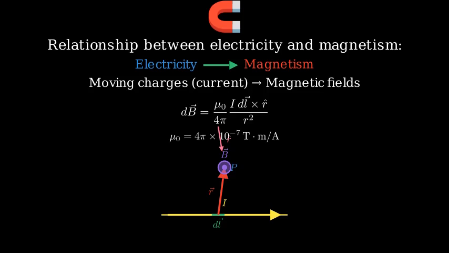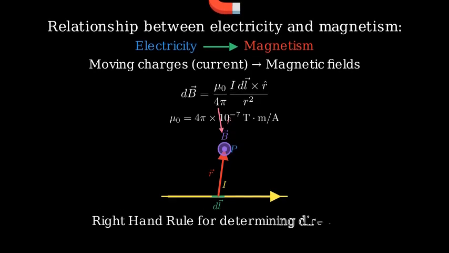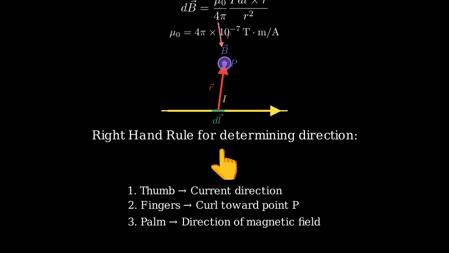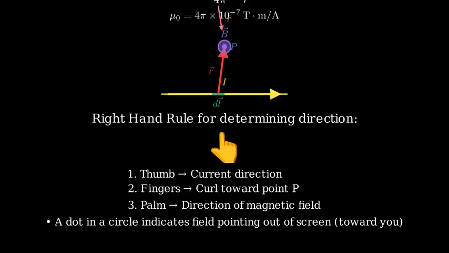The cross product in the formula indicates that the magnetic field at point P is perpendicular to both the current direction and the radius vector. To determine the direction, we can use the right-hand rule. If you point your right thumb in the direction of the current and curl your fingers toward the point P, your fingers will point in the direction of the magnetic field. So in our diagram, the magnetic field points out of the screen toward us, which we represent with a dot